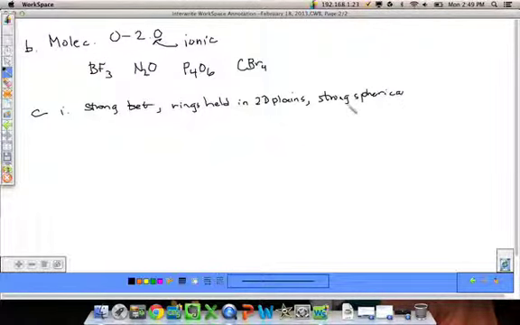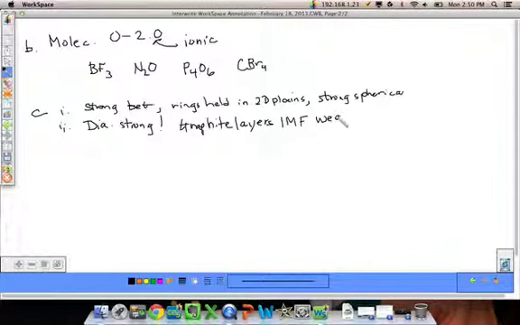Part 2, we're going to compare the bonding in diamond and graphite. Diamond is very strong. Graphite, the layers are held by intermolecular forces, not by actual bonds. So as we're going from layer to layer, that's actually quite weak. Within a layer, there's some strong bonds there. Those aren't breaking up when we use our graphite pencils, but from layer to layer, that's how we can lay down that nice layer of